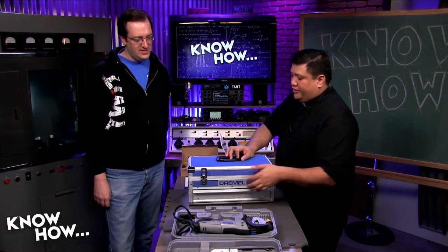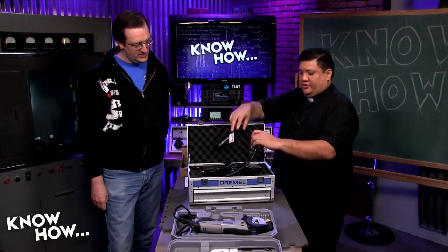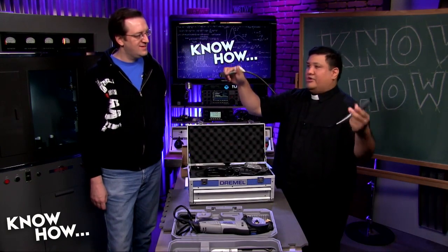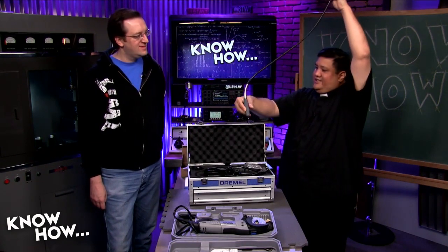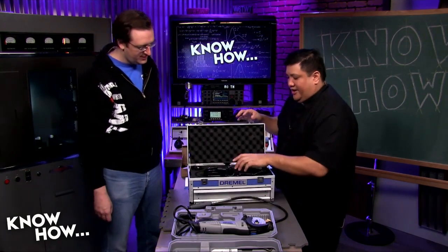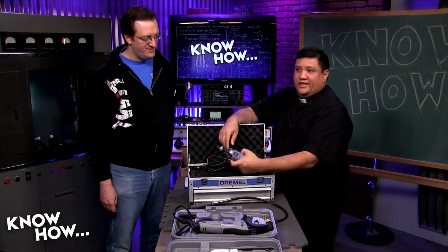It's got the 4200 version of the rotary tool, which everyone loves, and of course the extension, so that if you wanted to do detail work, you could always hang the tool up high. And this is the extension, so I can get into hard to reach places. Nice. But the tool itself, this thing is phenomenal. What I love about it is the fact that